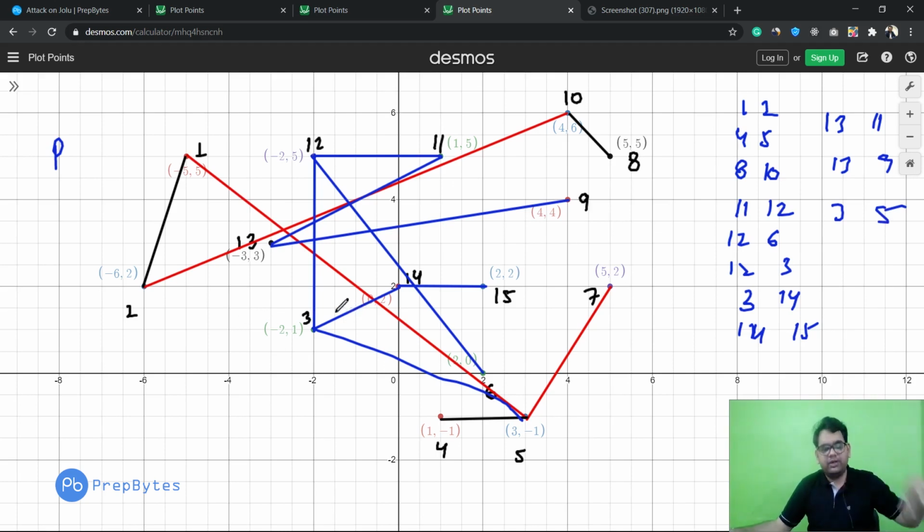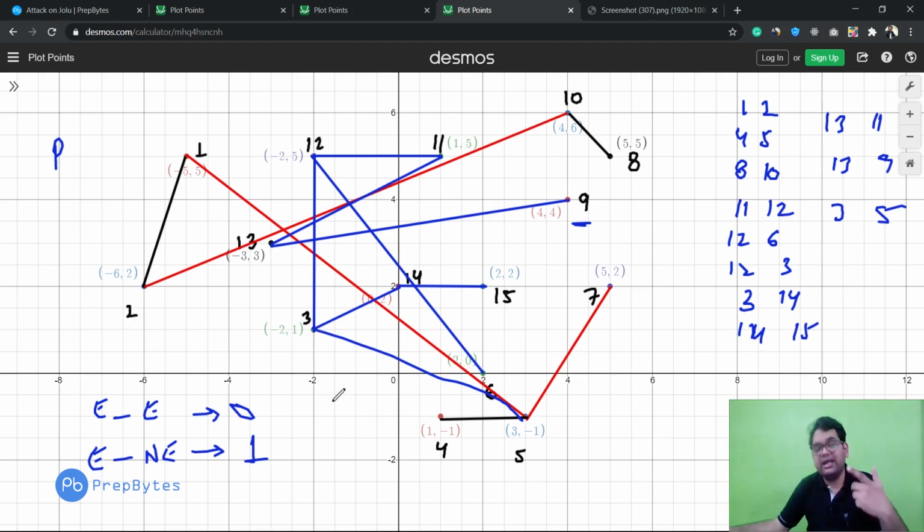Each particular house is connected to another house only by one path, that is taken care of by MST. We chose the already existing path, this red path, from the encamped house to another encamped house because its cost will be 0. We chose an encamped to non-encamped because its repairing cost is just 1. If I just create 2-3, which is not already available, in that case I would need to invest P amount, but we need the minimum, so therefore we invest just 1 amount. And for edges between non-encamped to non-encamped, the repairing cost will be just a single 1.